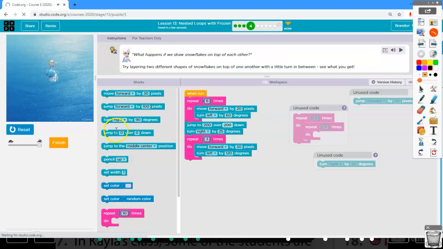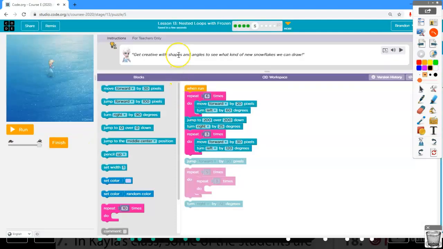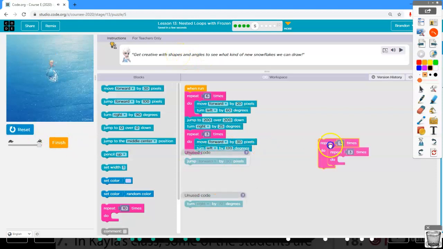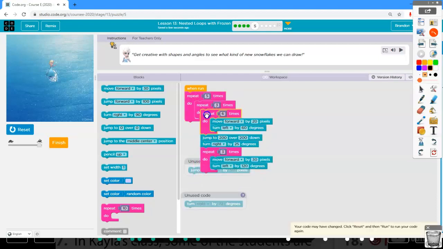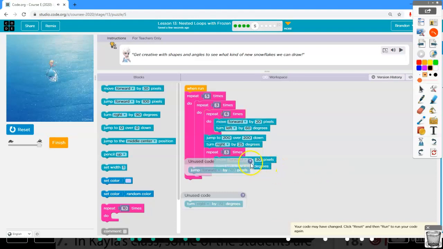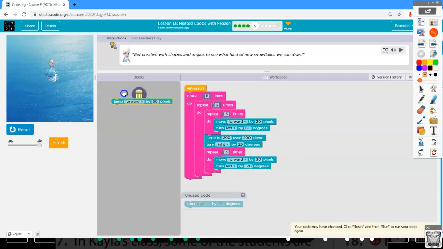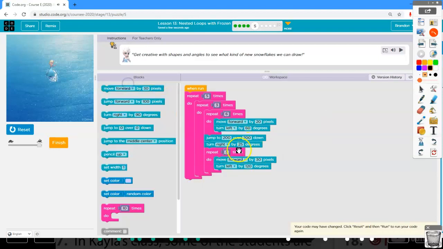So I bet our next thing's going to be, let's try repeating those. So get creative in shapes and see what kind we can draw. Well, we have this nice one right here. So now let's just repeat it. So we have our whole gigantic chunk here. Oops. Repeat 6 times. Repeat 3 times. Okay. And then we're going to want to